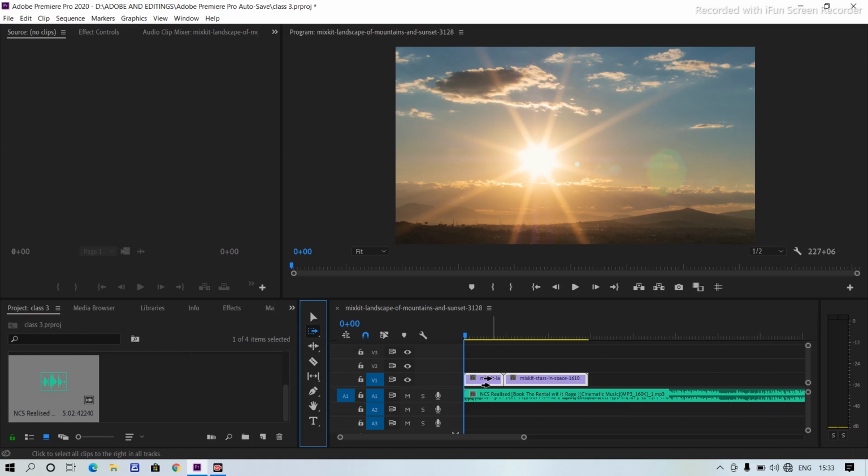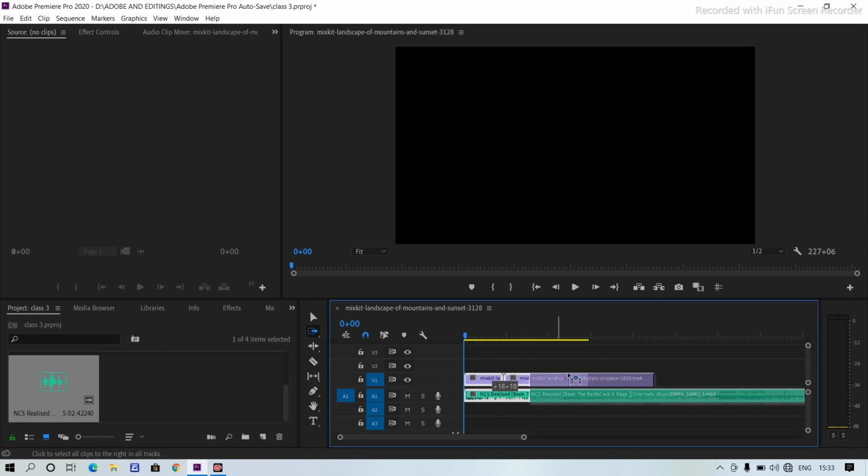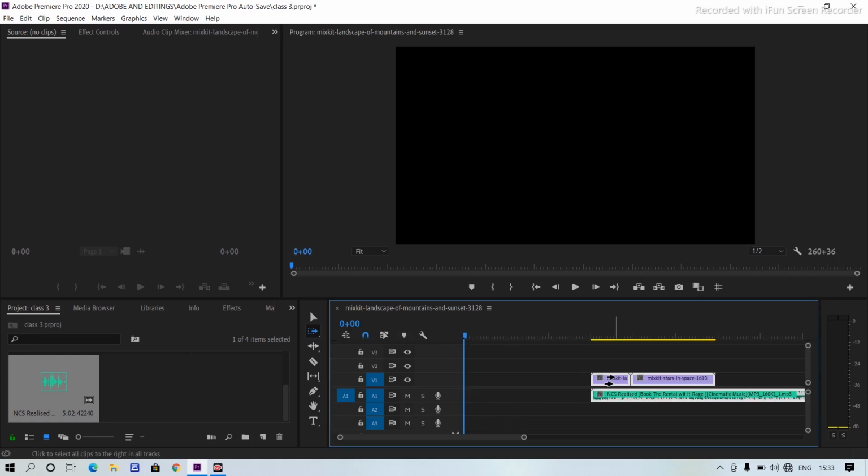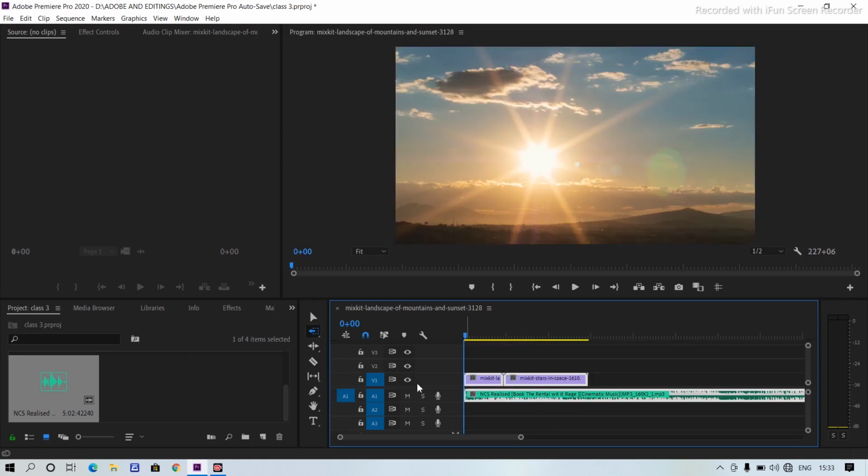Here is the tool, and if I want to pull it this side, it will select the whole and displace them. If I want to pull it backward, let me transfer it here. I want to pull the whole back to its initial position, so I'll simply select this one and this. Okay, it's done.